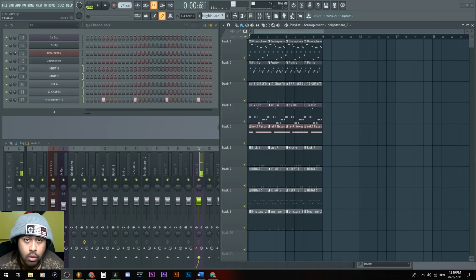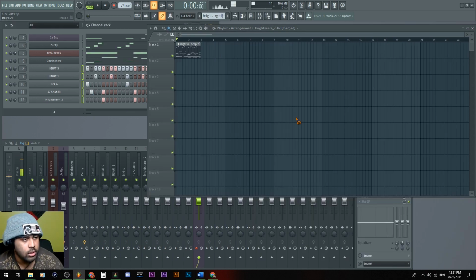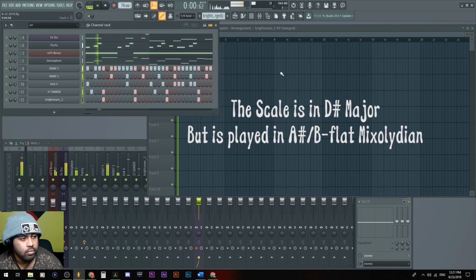My name, if you don't know me, is Justin Omoe, and today I want to talk to you guys and girls about song structuring in FL Studio. I haven't done a producer FL Studio tutorial type of show in a while. So if I were to show you how it looks merged right here, this is how it is.